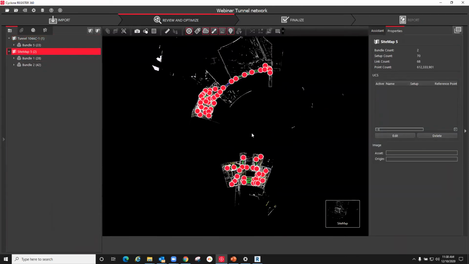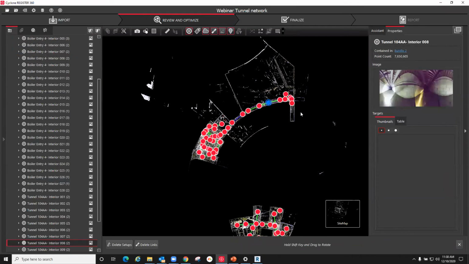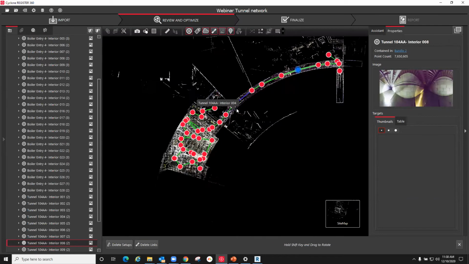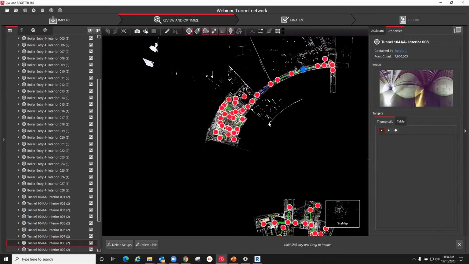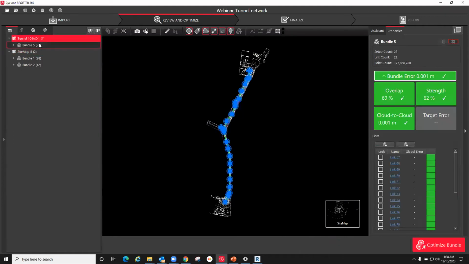There we go. Okay, so this is starting to come together now. We got that one piece of the tunnel connected with the other one with the not so great link, but we can always fix that later. And then I have another tunnel section here in another